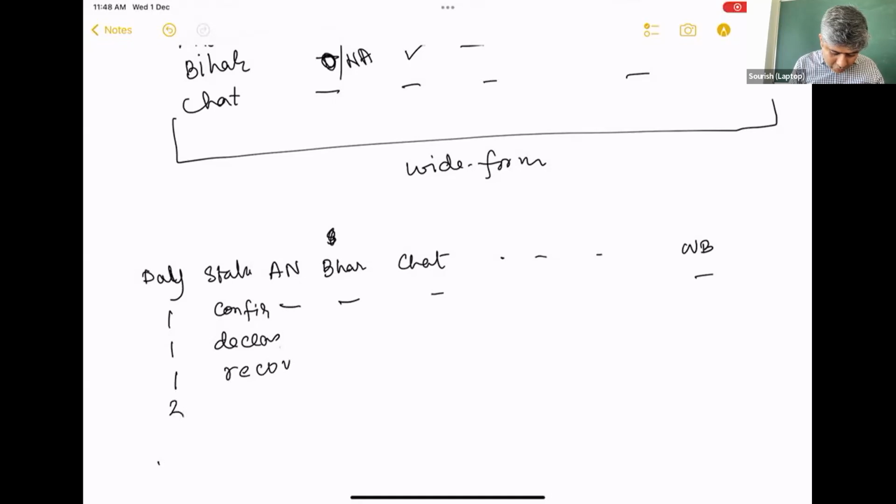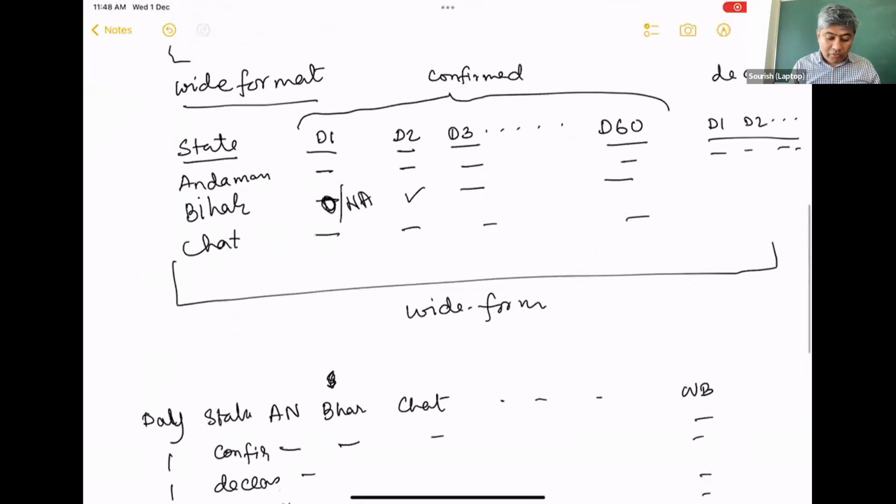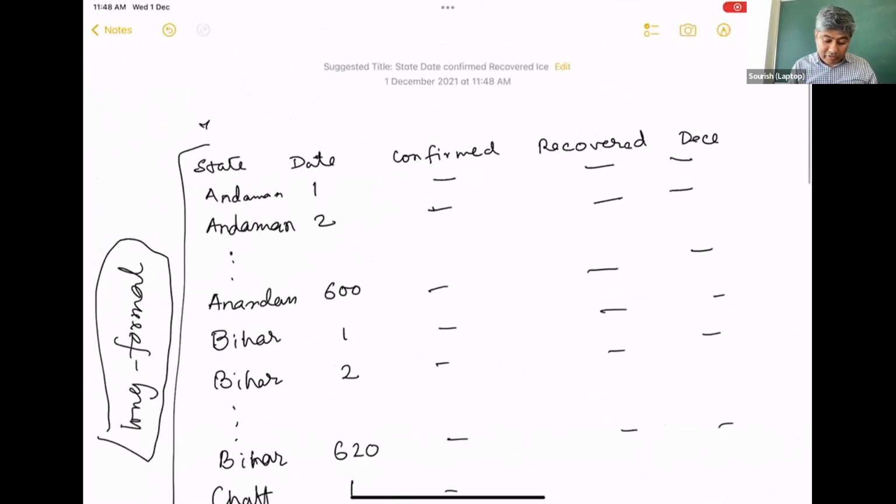Then day 2 confirmed, deceased, recovered. So I have seen this also. This was actually in practice previously. Now they have changed it to this long format. The current format is this format.